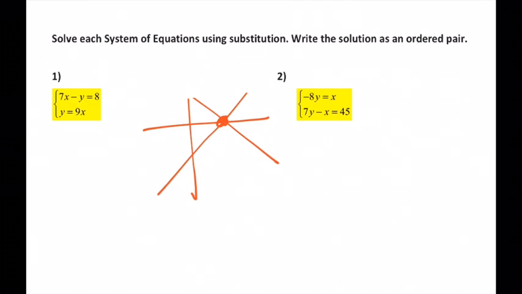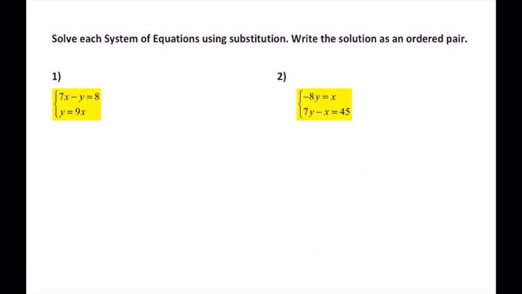So we're going to do that without the graph, because a lot of times, in fact most of the time, it's really inconvenient to have to graph everything. So we can use our algebra to do that. Now, in order to use substitution, what you want is you want one of the equations to either say x equals or y equals. And so as long as you've got one of your equations doing that, then you're ready to go. So if I look at this first system on number 1, 7x minus y equals 8,